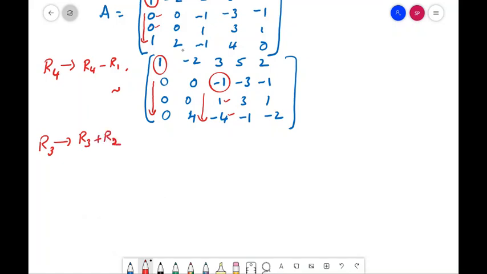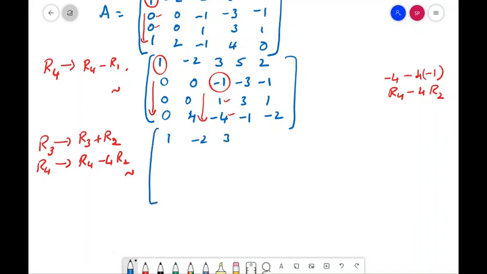Then what about R4? I have minus 4 here and minus 1 here. How can I make it 0? I will use minus 4 into minus 1, that will be 0 for me. So what is my task here? For R4, it is R4 minus 4 times R2. So this matrix is transformed to